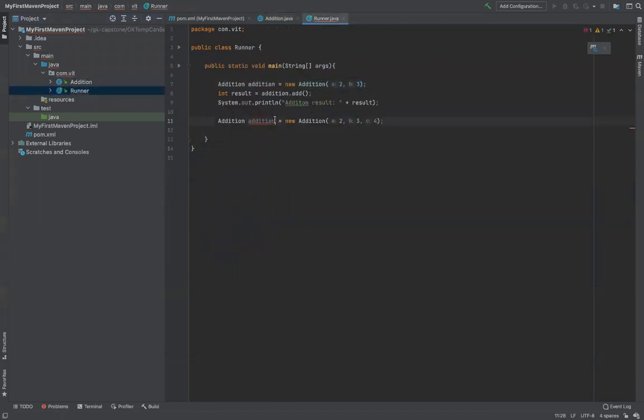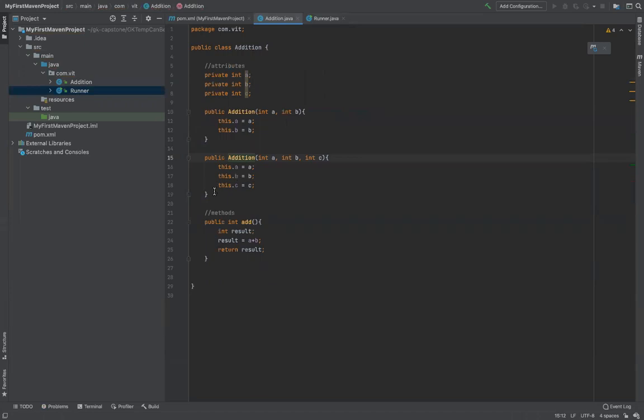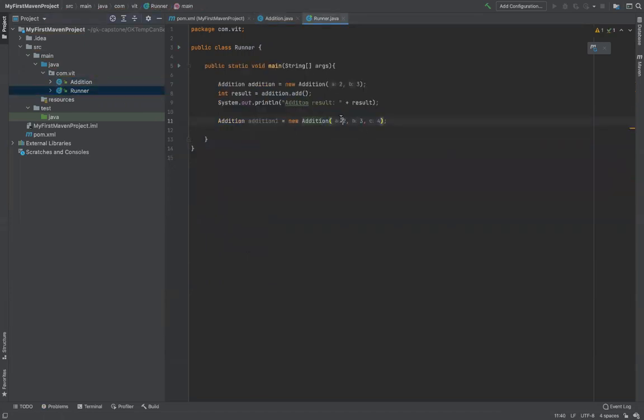But when the compiler executes this line, it's going to call this method because I'm sending three arguments. So that's how the compiler at runtime knows which constructor or method to call, just based on how many arguments I'm passing. So this is, as I said, an example of constructor overloading, which is derived from the same concept of overloading.